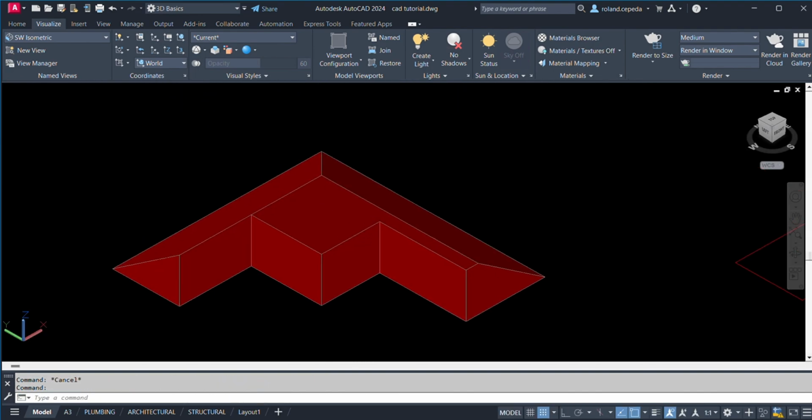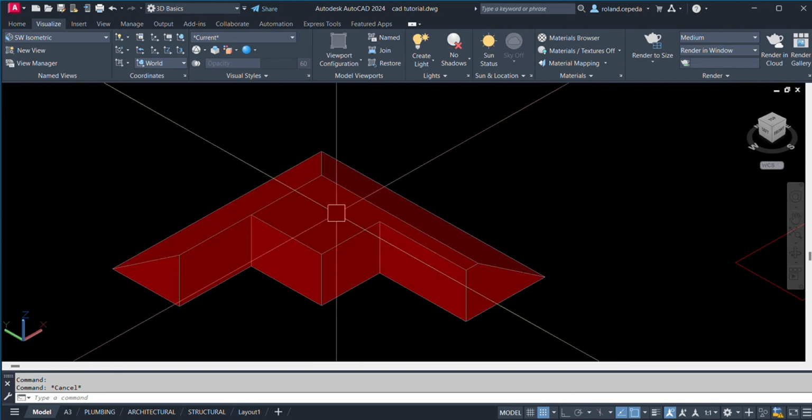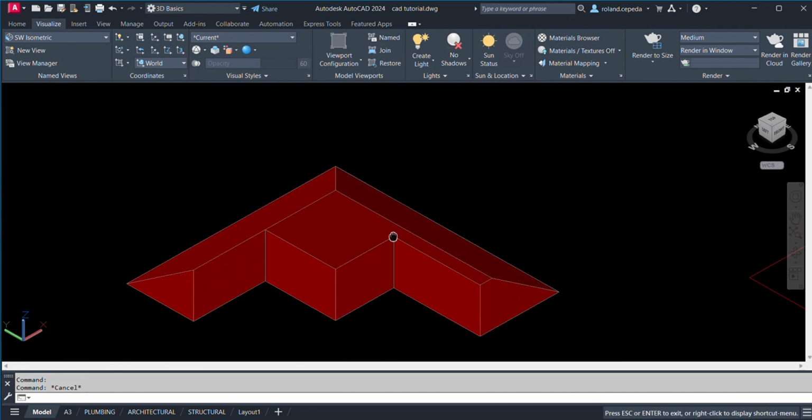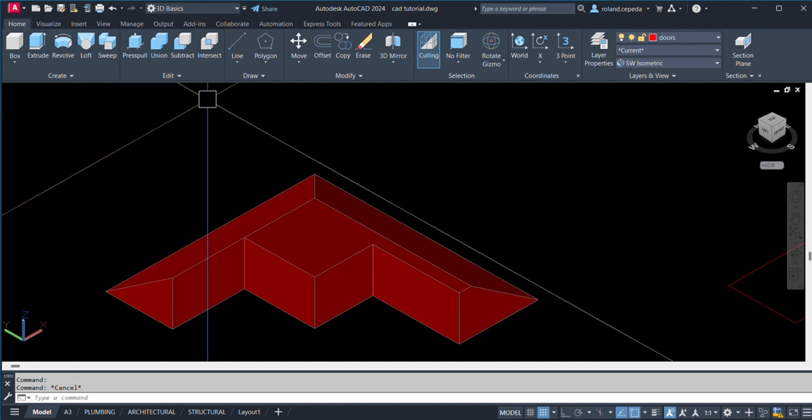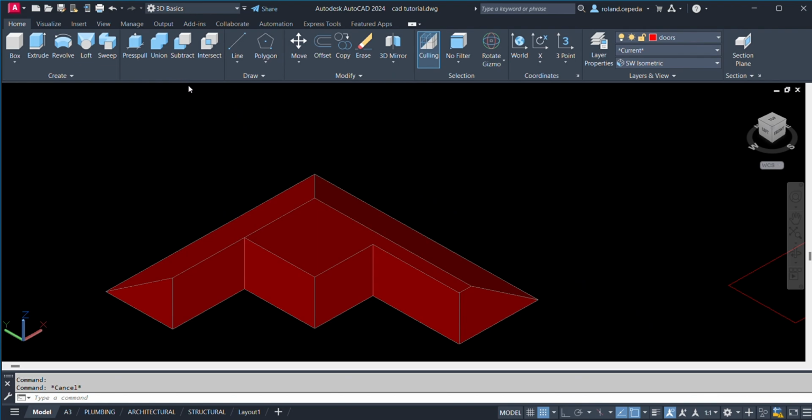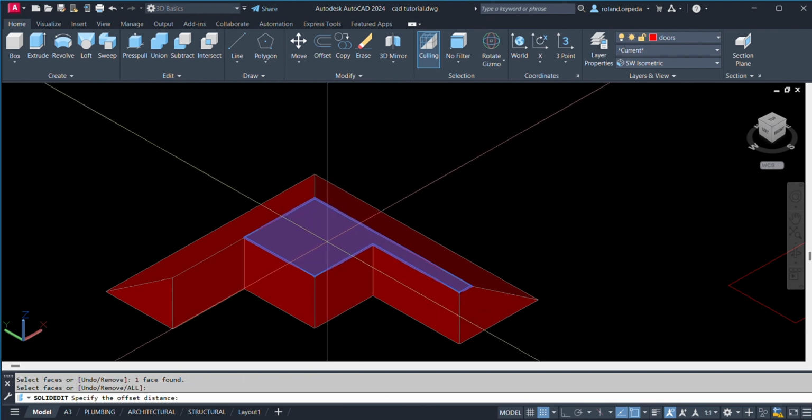So as you can see, the tapered roof is not yet done. So I'm going to select edit from home menu and then select the surface, the offset faces command from the edit. So as you can see, I highlighted the portion which is not yet tapered. And then space, offset.